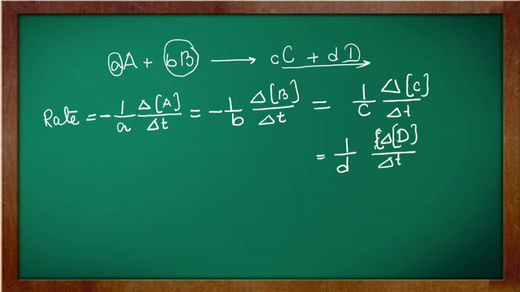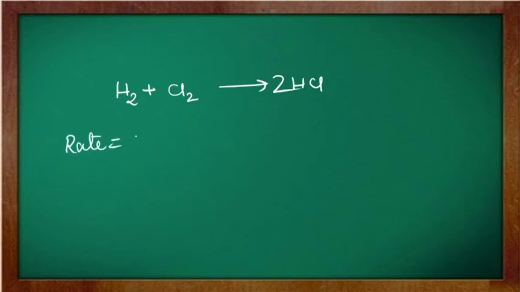Now this was for a general reaction where aA, bB, cC, dD were taken. Now I am going to take a general example. Suppose this is H2 plus Cl2 and this is becoming HCl, let me balance this, so it will become 2HCl. So now we have to write the rate for this reaction. So let's see what the rate of this reaction will be. Since there is no coefficient here, it will be